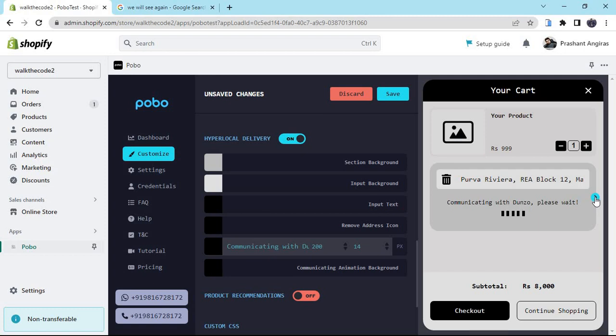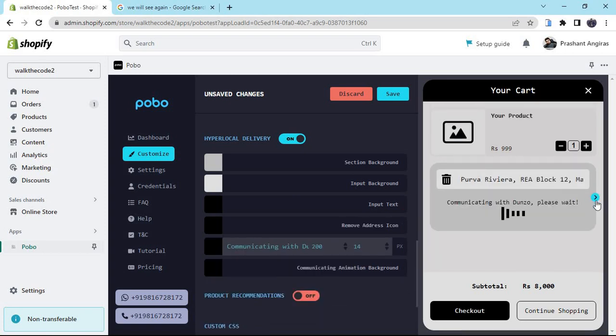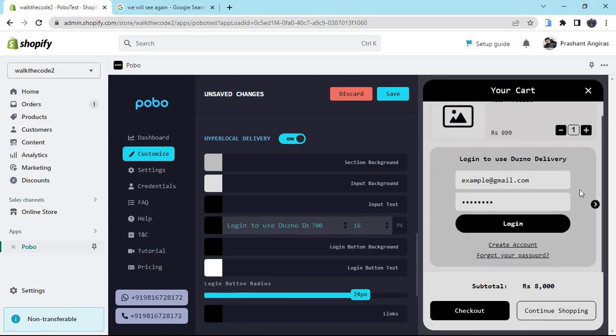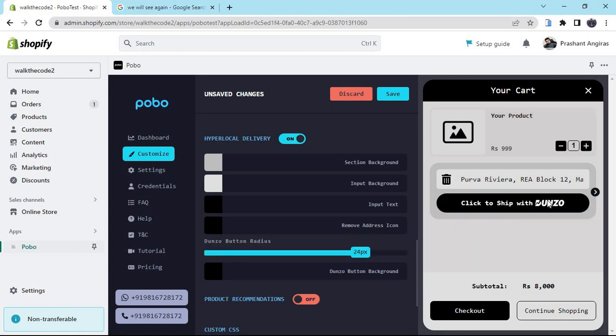And when I click on the second screen, even the settings changed. When I go to the third screen, the settings again changed. So let me go back to the first screen. This is the screen the user sees when they have to enter their email ID and password. Once they have entered the email ID and password, the next thing they need to do is search for their delivery address. After they have searched for the delivery address, it will be communicating and fetching the shipping rates. And after it has fetched the shipping rates, the third screen that they are going to see is this screen,